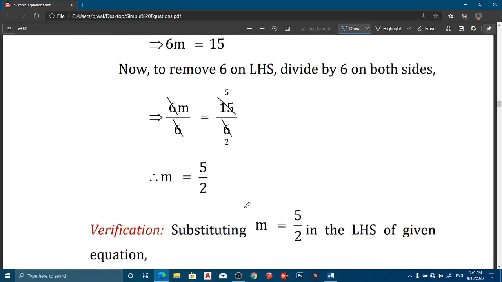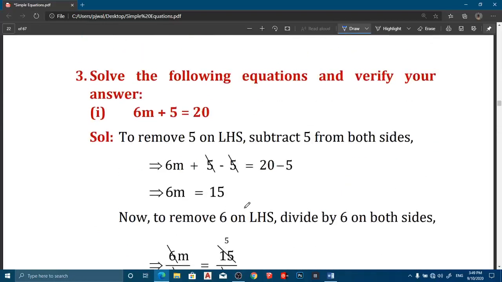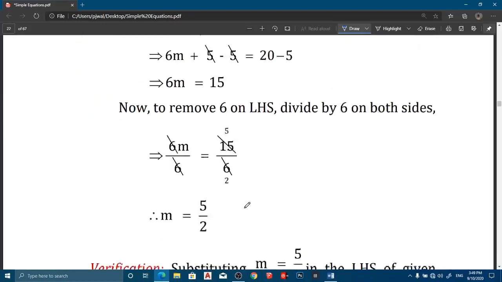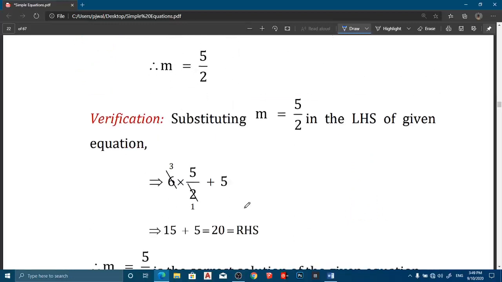Whether it is an actual solution or not, a correct solution or not, we have to verify here. To verify this, what you have to do, as you already did in the introduction part also: to check whether the given value is the solution of the given equation or not, just substitute that variable in the given equation's LHS part, and if it is equivalent to the RHS part, we can tell that the variable value is the solution of the given equation.